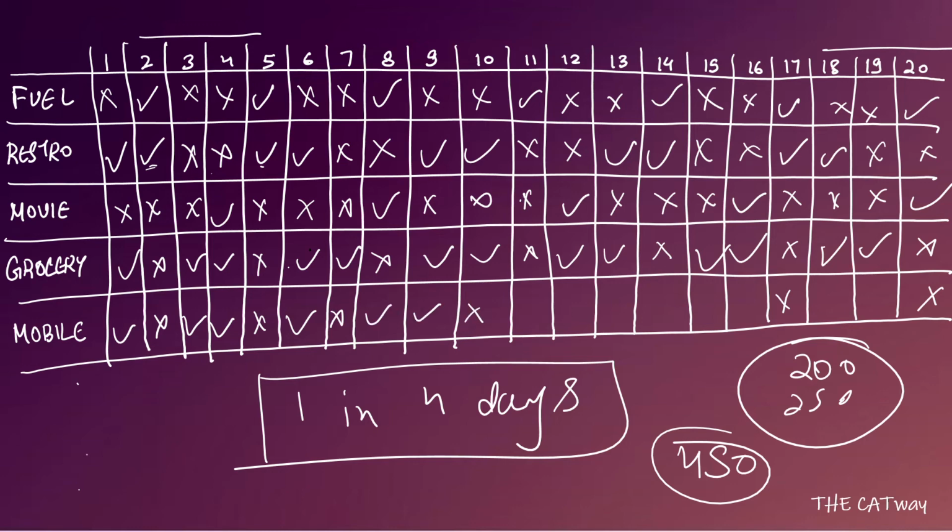Okay. After that, coming to 11, on 11 it will be there, 12 it won't be there, 13 and 14 it will be there, 15 it won't be there, 16 it will be there, 17 it won't be there, 18 and 19 it will be there. Okay, so now we have the data for each and everything. Now we can move towards the questions and try to answer them.